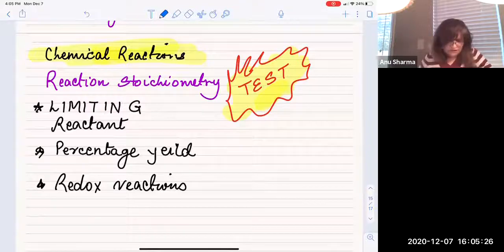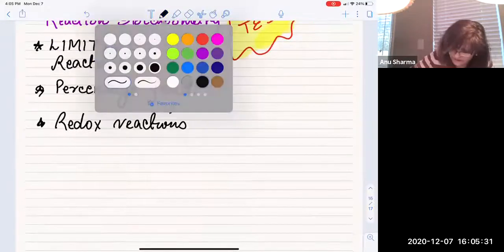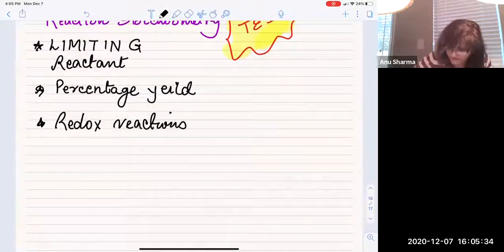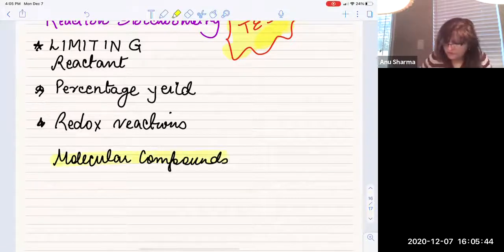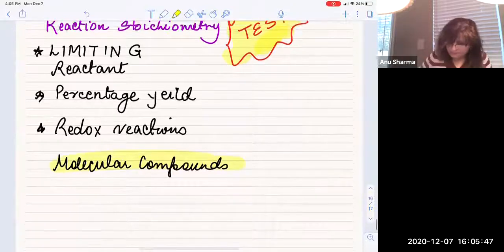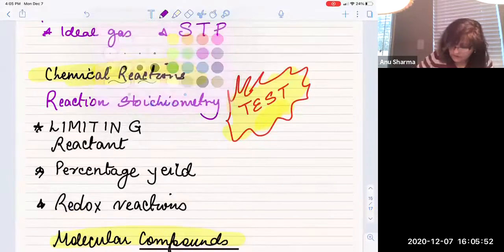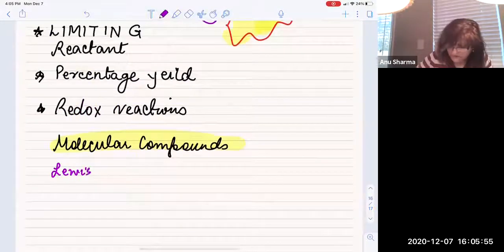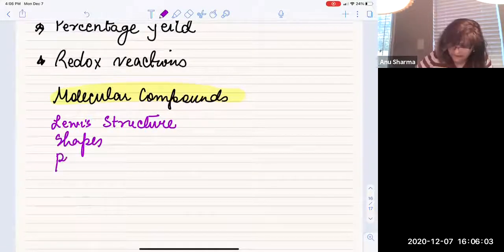Then comes the other chapter, chapter 6, the ionic and molecular compounds. Molecular compounds, and these molecular compounds are the covalent compounds. And in that, you will need to do the shapes. What is important is the Lewis structures, very important, and then do the shapes and polarity and